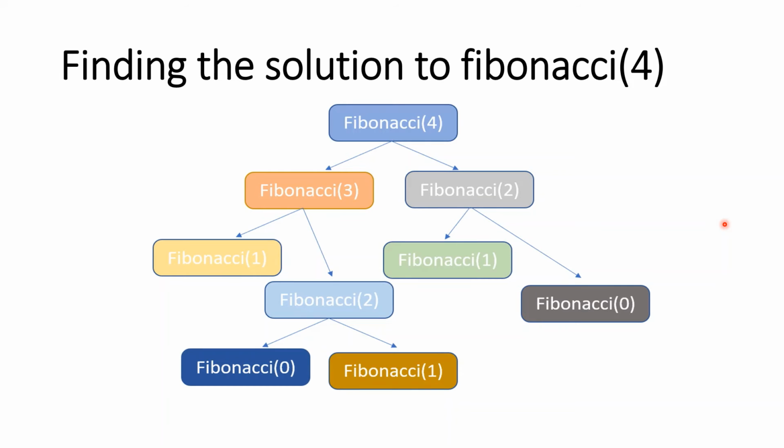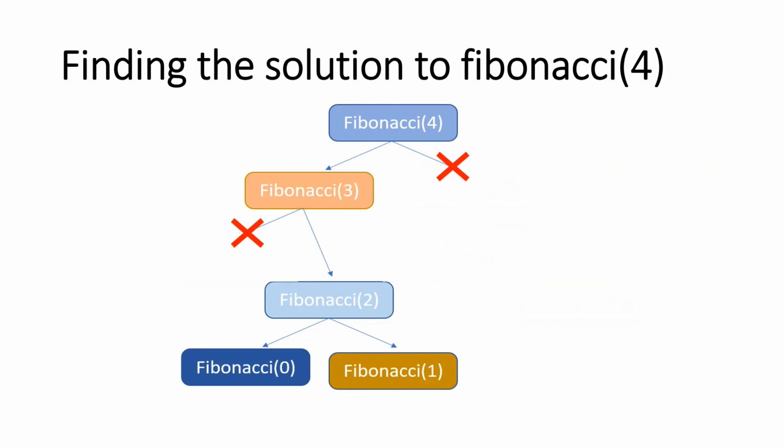In this example, the given original problem was Fibonacci 4. Fibonacci 4 is divided into subproblems, but in memoization, the repeating results aren't calculated again. The result of every subproblem was stored using memoization. The result of every subproblem was already stored and wasn't calculated again.